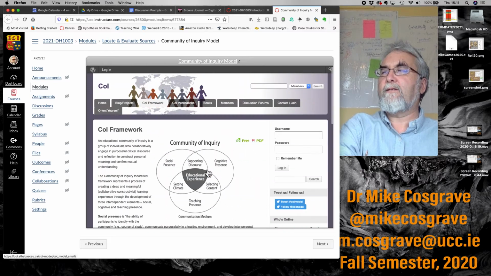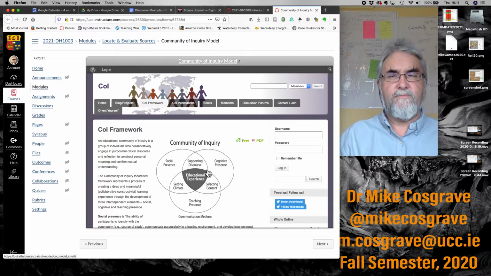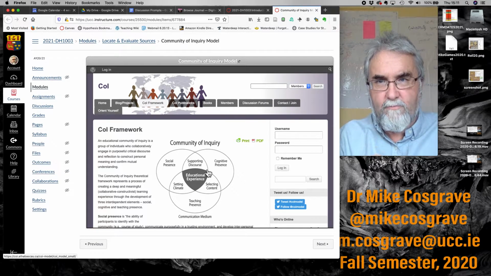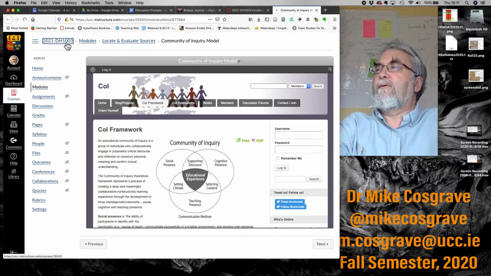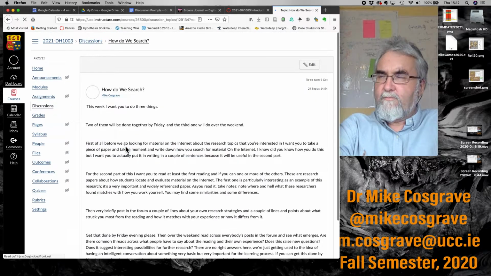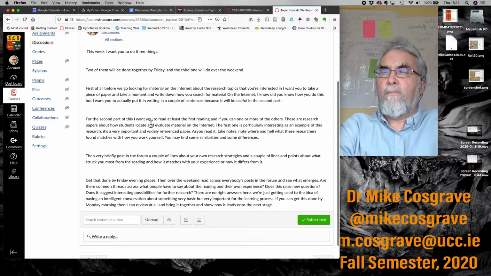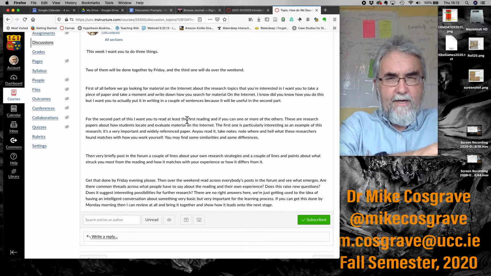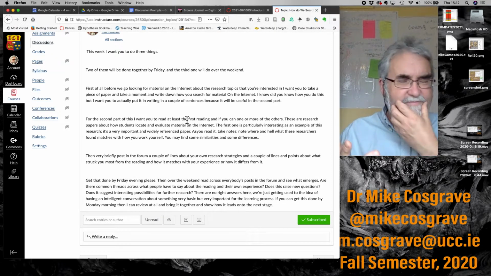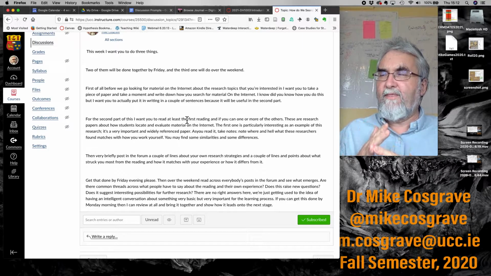Okay, and in that model, what happens in a discussion? They say there are four phases. There's a trigger, which in this case, I'm the trigger. I'm providing the discussion prompt, right? There's an exploration. Let me go back and look at this again. Let's look at this discussion prompt. This is the trigger. There's an exploration. I'm asking you to explore where you are and some readings and match them up together. Let's have a rummage around the topic. Let's dig in the box of this article and see what comes out. Right? So trigger, exploration. Then there's integration,